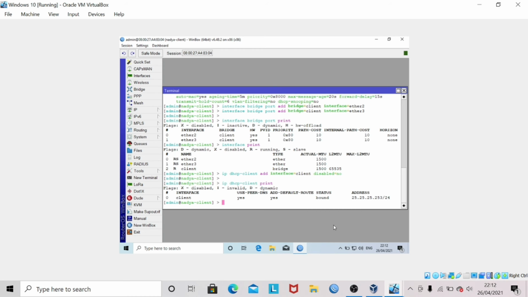Next, testing. First, test the router server through the client router by pinging the IP gateway, then DNS Google, and google.com. First, do a ping to the IP gateway 25.25.25.1.